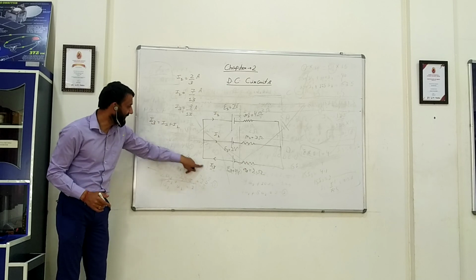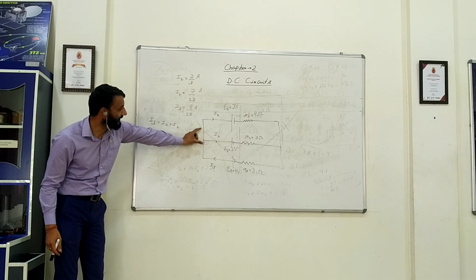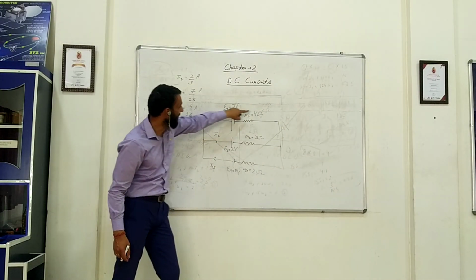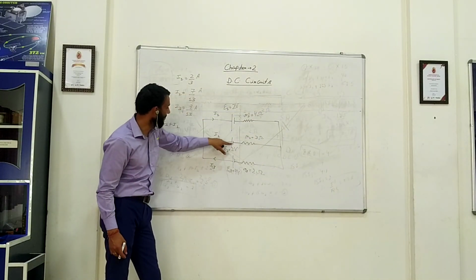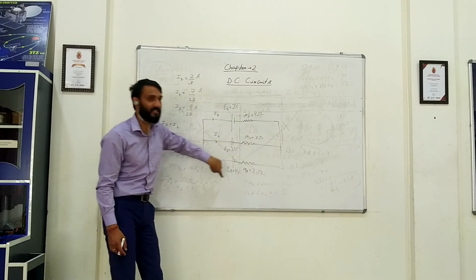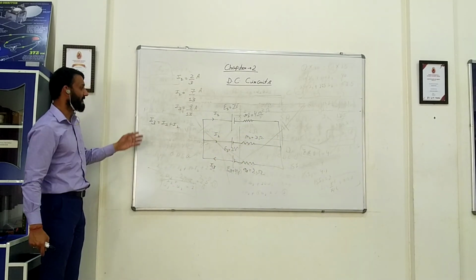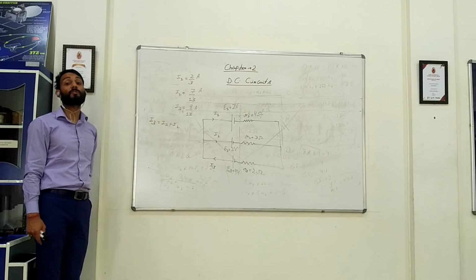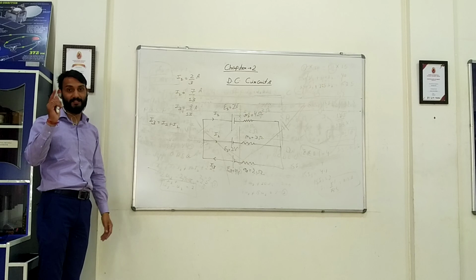So I3 is coming like this. At this junction, it's getting divided. This I1 and I2 will go like this. At this junction, again it will combine and I3 will start coming down, right? You have to find the values of I1, I2 and I3. So you have to solve it. If in case of any doubts, we'll discuss in the class.